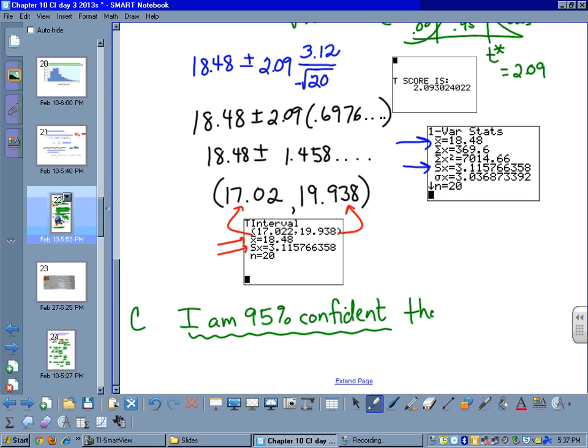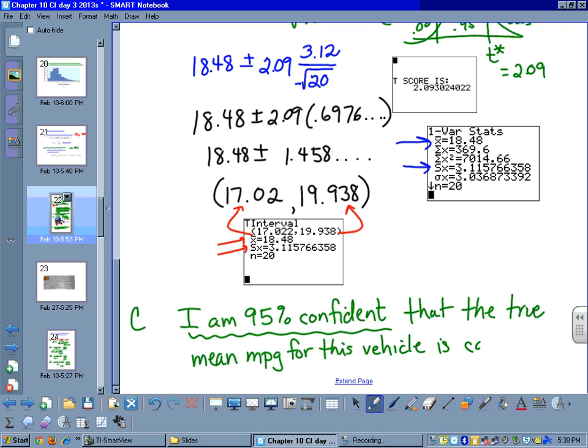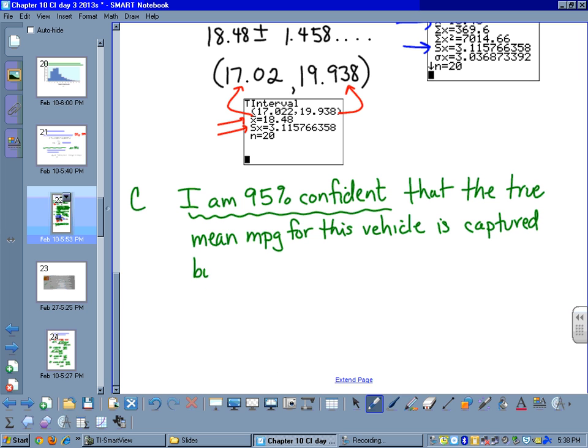That the true mean MPG for this vehicle is captured by the interval 17.02 to 19.94